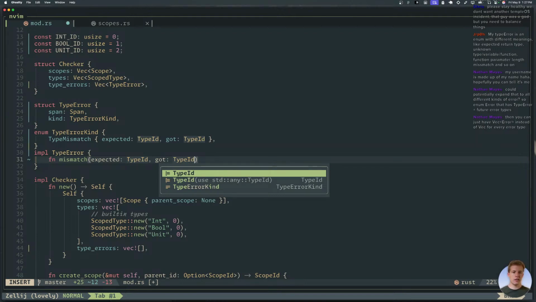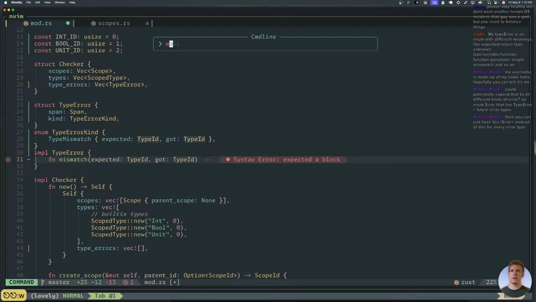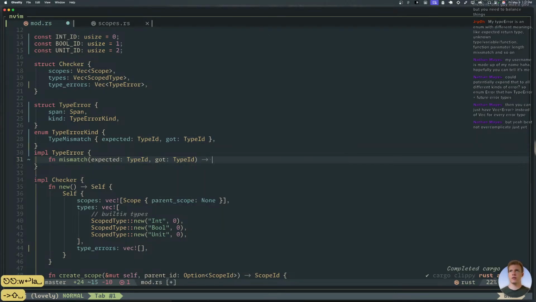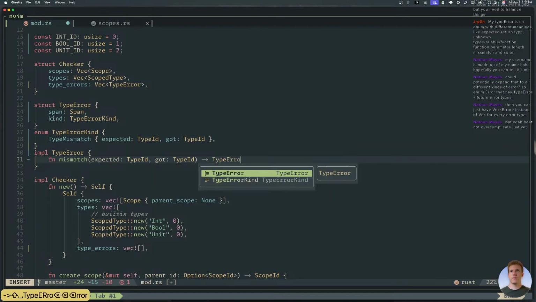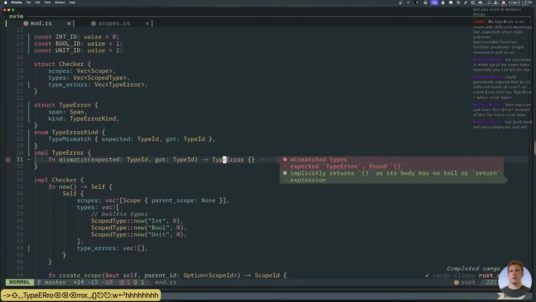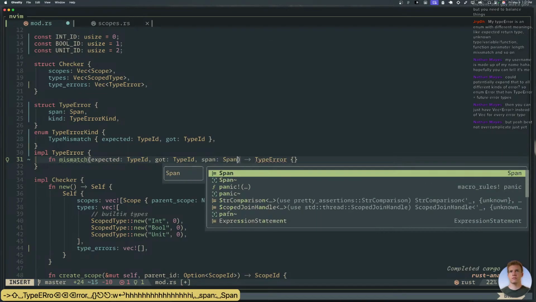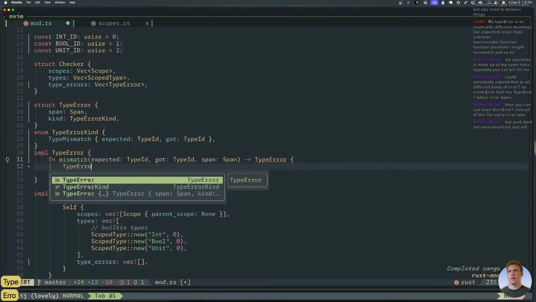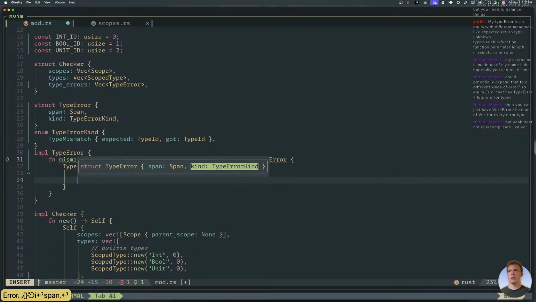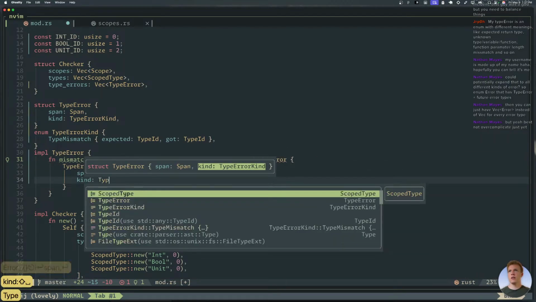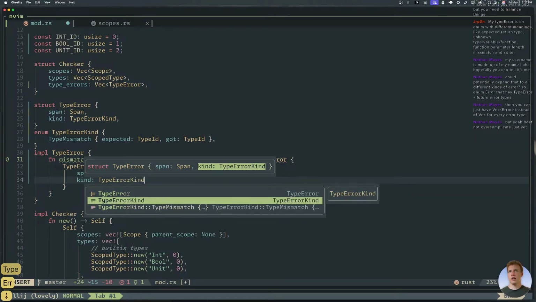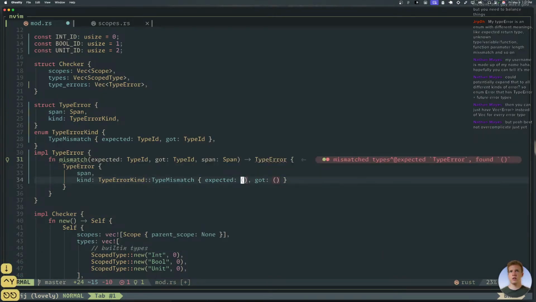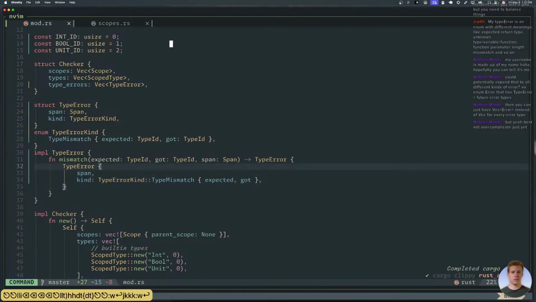Yeah, good points, Nathan. But I agree. Best not to overcomplicate it just yet. Let's try to keep this simple for now. This returns a type error. This needs a span. And this will return a type error, with the span being the span and the kind being a type error kind type mismatch, expected being expected and got, oops, like that.